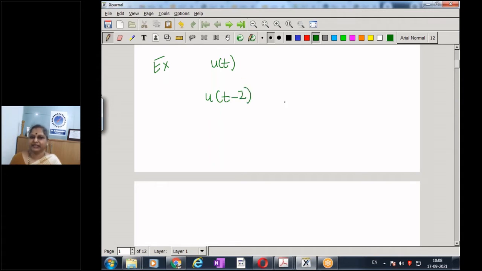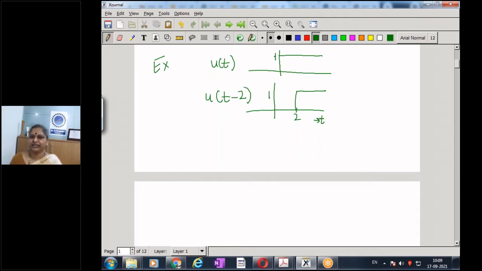Is this signal a right shift or a left shift of u of t? We have done the plot of u of t, and then we also saw the plot of u of t minus 2 yesterday. Yes, so this is something we saw yesterday,